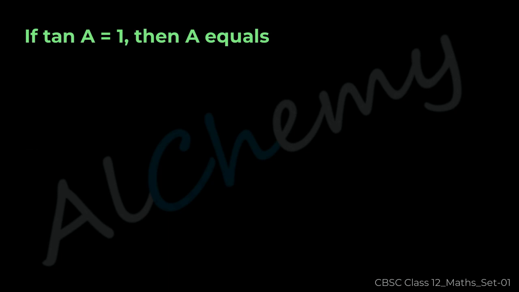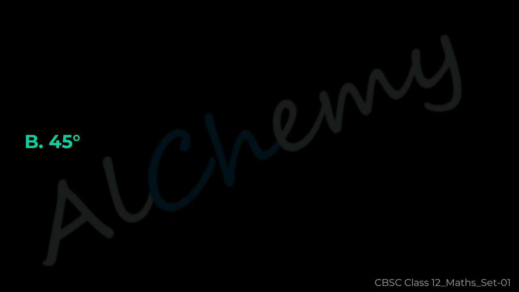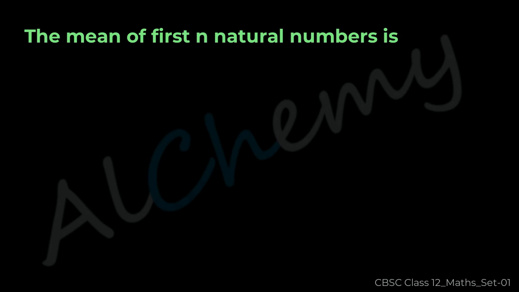90 degrees. A: 30 degrees, B: 45 degrees, C: 60 degrees, D: 90 degrees. The correct answer is B, 45 degrees. Question 18. The mean of the first n natural numbers is: